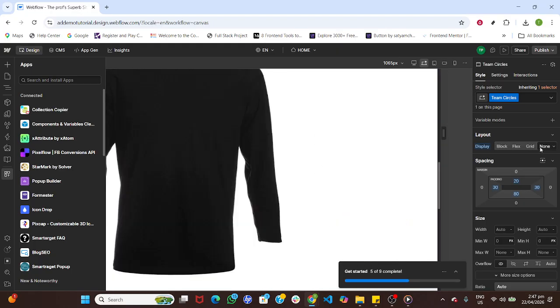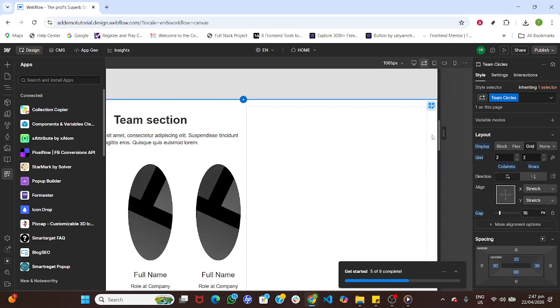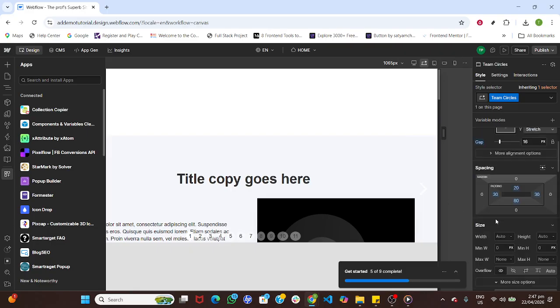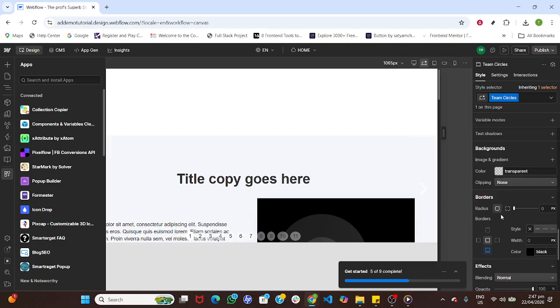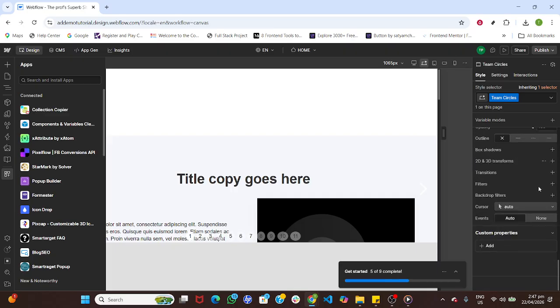Move over to Interactions to add tasteful motion. Apply simple fades or slide-ins to key elements, and preview to confirm timing feels natural. Subtlety goes a long way here. When everything looks good, click Publish in the top right, and publish to your chosen domain. After it finishes, open the live link to